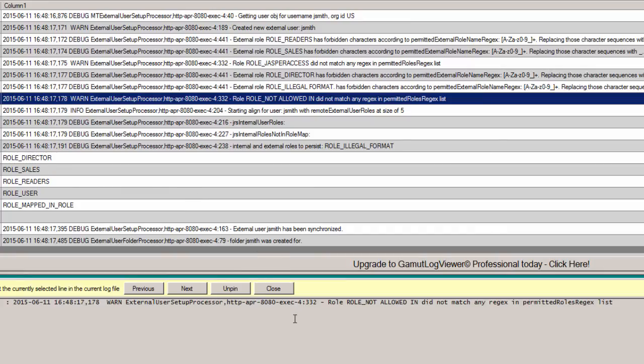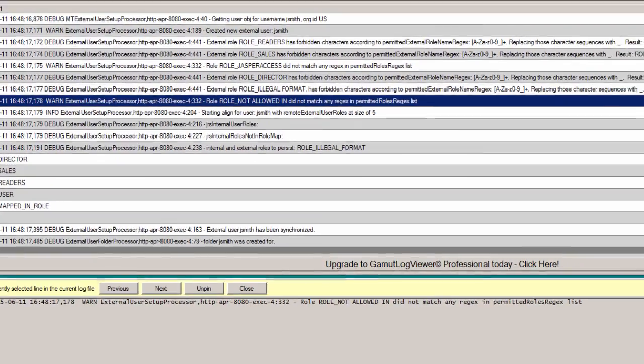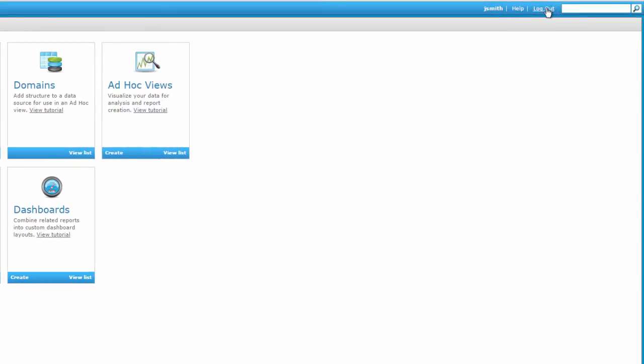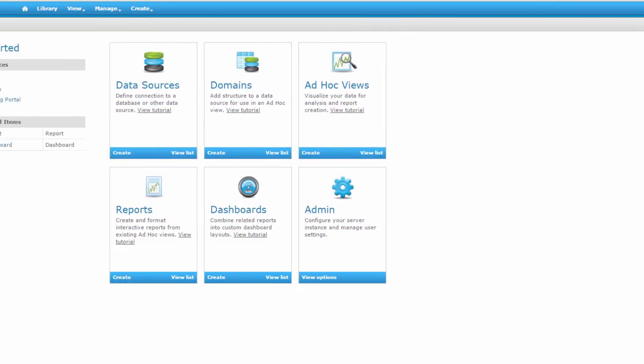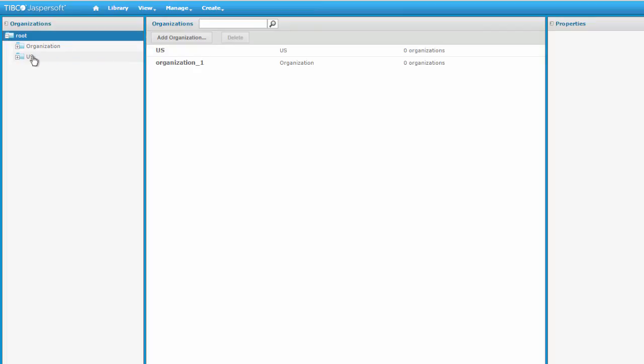So let me show you something a little bit different now. Well, actually, let's do this. Let's go and log out. And let's log in as super user. Let's show you what happened. Manage organizations. There's my US, okay, at the root. You can choose to have it nested underneath the organization one. You can choose to have it nested anywhere you want. There's all kinds of settings to do everything. I decided to have mine all nested underneath the root so it doesn't change anything with the demo one, and they're all outside of this. If we take a look at this